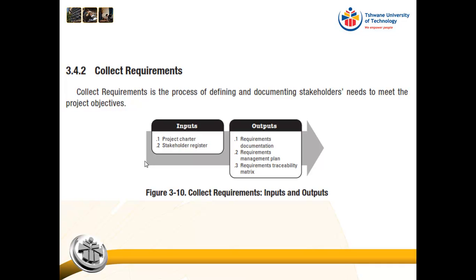Okay, so here is, out of the PMBOK, the collect requirements process. As inputs, you can see you need your project charter and you need your stakeholder register. And the outputs are then your requirement documentation, your requirements management plan, and your requirements traceability matrix. Okay, so let's just talk about all of these. Your requirements management plan,